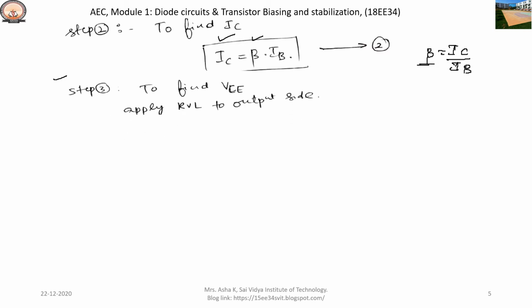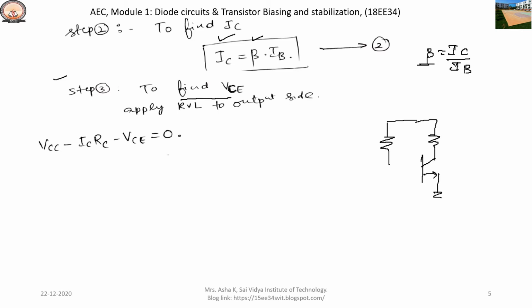Then to find the output voltage VCE, we apply Kirchhoff's voltage law to the output side of the circuit. See, this is the circuit which consists of